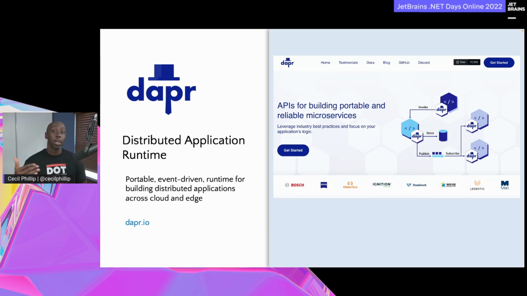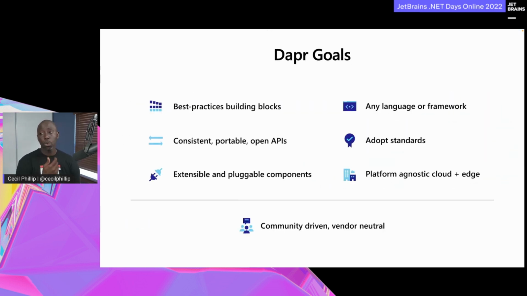You spend more time creating business value and less time fiddling with configuration and SDKs and NuGet packages, et cetera. The way that Dapr does this is that it really starts off with standards. What are some of the common standards we have in our industry? We think about using HTTP or AMQP for messaging protocols as we go back and forth. We think about using tools like OpenTelemetry that I could use with different telemetry, logging and metrics providers,